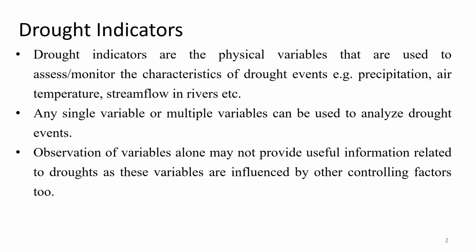So in addition to drought, there are other physical controlling factors that control these variables. As I mentioned, soil moisture is not only dependent on rainfall or irrigation applied, but also on soil parameters and crop parameters, which will vary in a heterogeneous way, region to region, time to time, etc. So we need some numerical methods or numerical conversion factors to convert these indicators into more useful information.